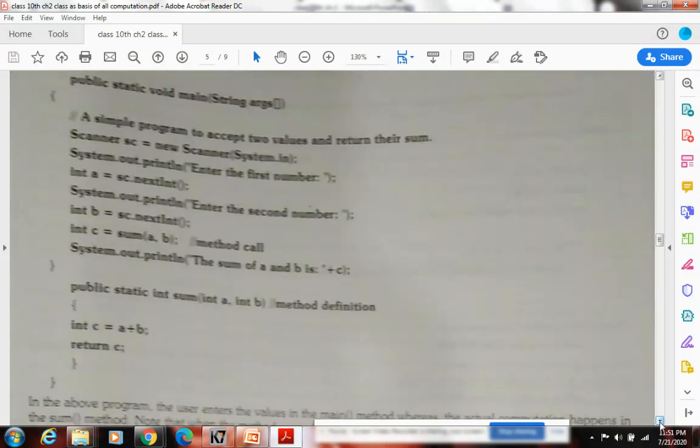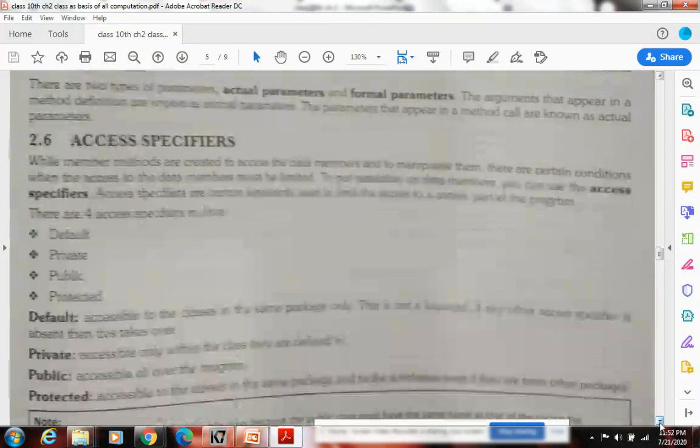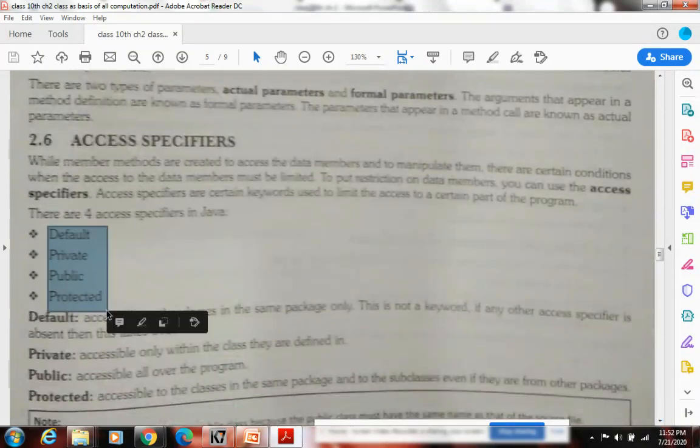This I'll show you with the help of the programming part. This is access specifiers. I have actually dictated these access specifiers, that we have 4 different kinds of access specifiers which specify the access to our class, variable and method. If we declare it private, private means our class or our variable is accessible only within that class where